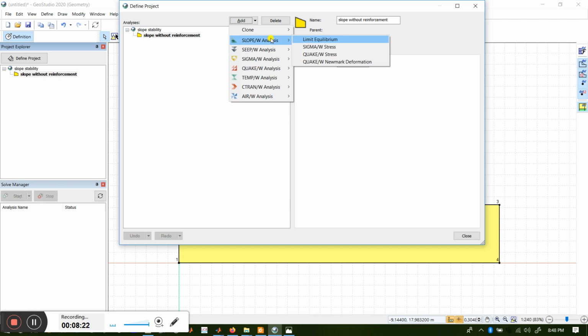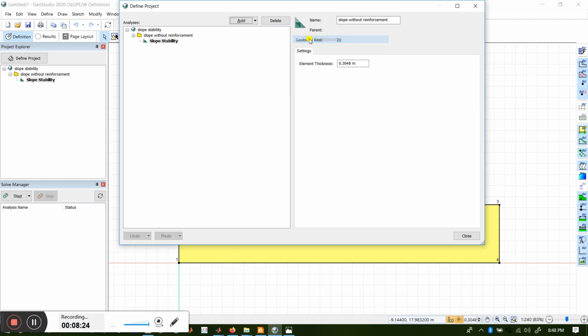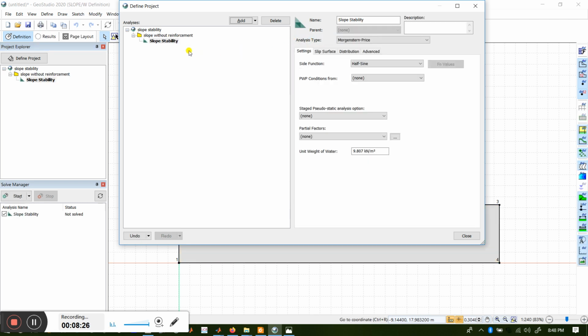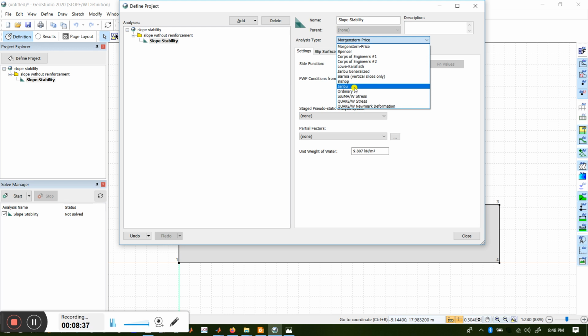So you'll go into SLOPE/W analysis and define a limit equilibrium analysis, and here I'll let it be slope stability. And you can add the type of the analysis you want to do. There are several methods by which you can solve this slope: Janbu's method, Bishop's method.